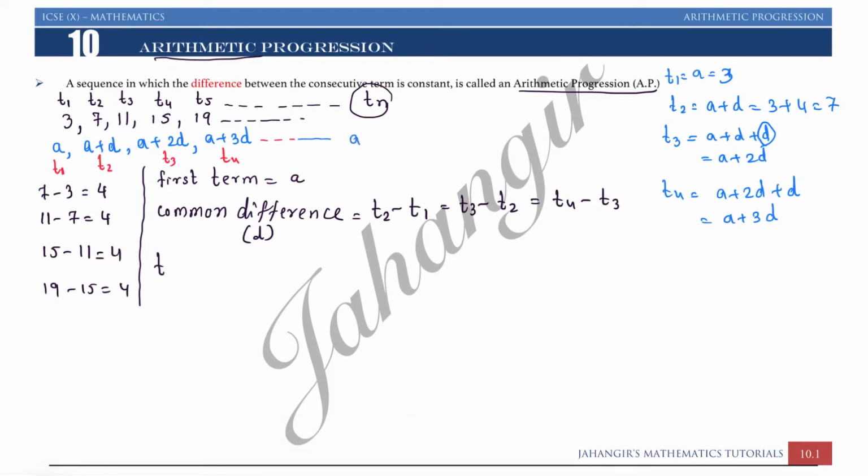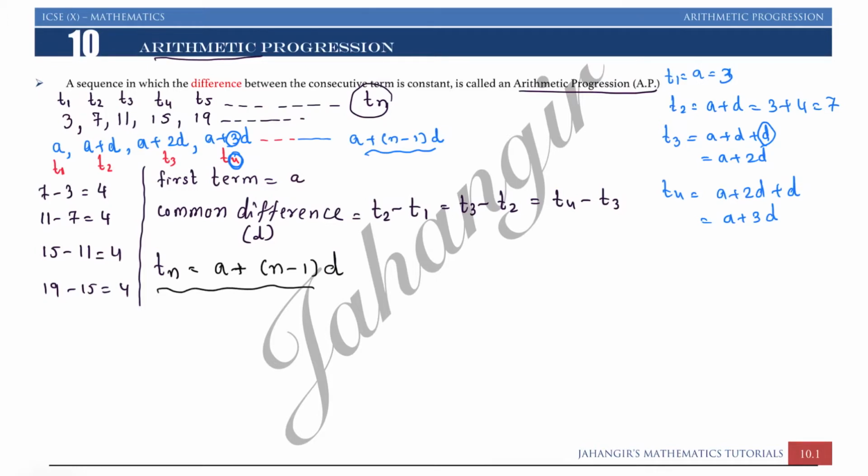Tn we can write as A plus something instead of T. See, for T4, when n is 4, our number of terms is 4, we are writing 3 times D. So here we can write (n minus 1) D. This is my formula for the nth term. So in this way you can get the nth term. If you don't want to learn this derivation, don't learn it. Just learn the formula, memorize the formula. It is A plus (n minus 1) D. This is the nth term. The nth term can be any term.